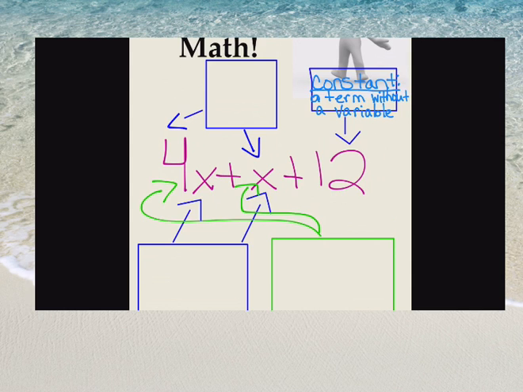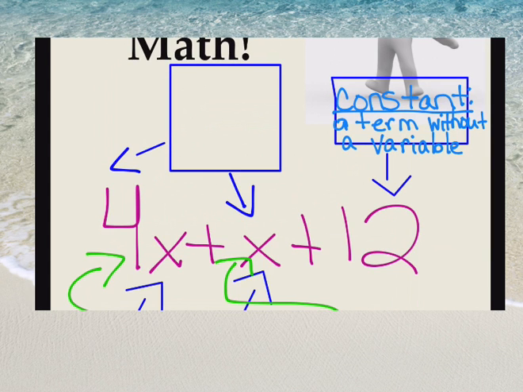And when we represent this with the algebra blocks, you'll see that they're both represented with the same kind of block, the x block. So we would say that 4x and x are like terms. If you're thinking about the algebra blocks, it means they're represented with the same kinds of blocks. Like terms contain the same variables